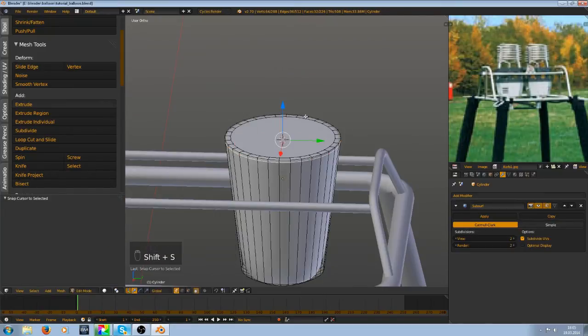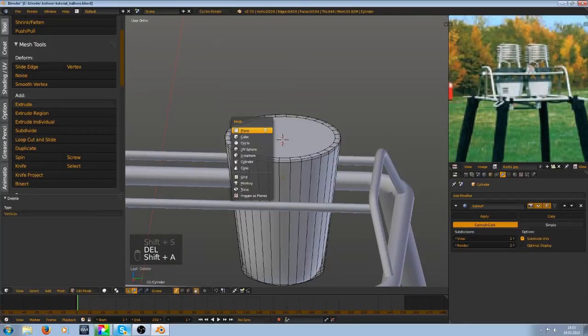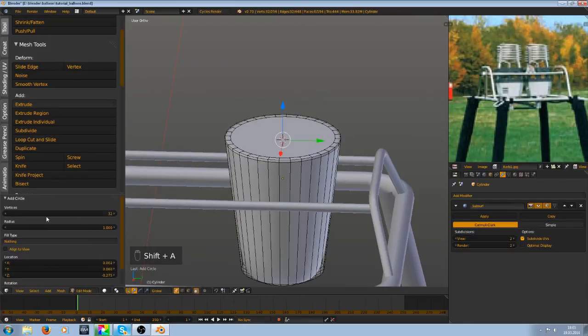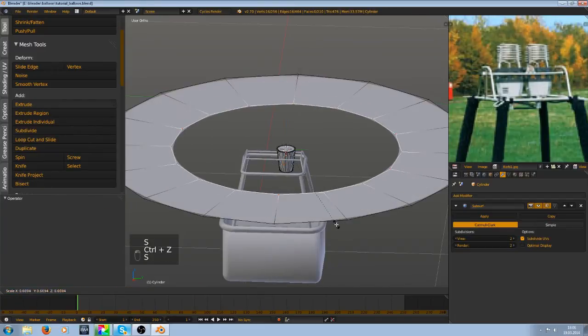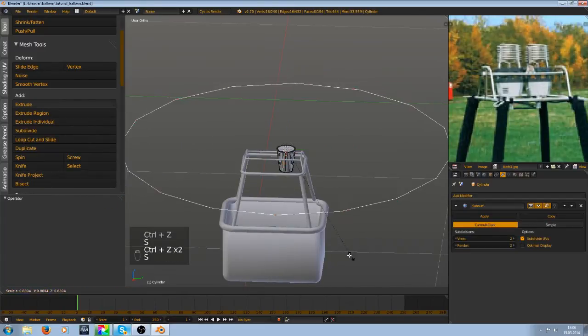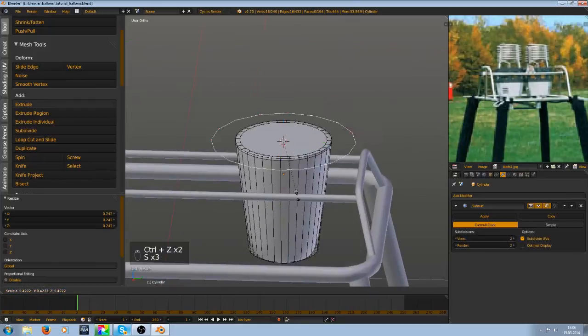Shift S cursor to select that and delete it. And now add a circle with, let me think right quick, 16 segments maybe. So, scale it,